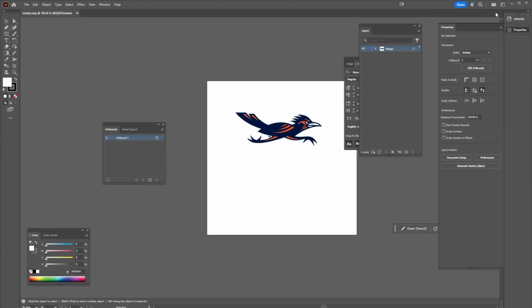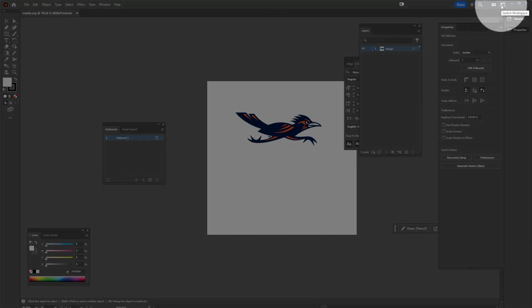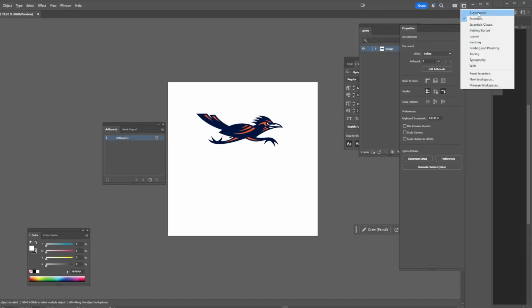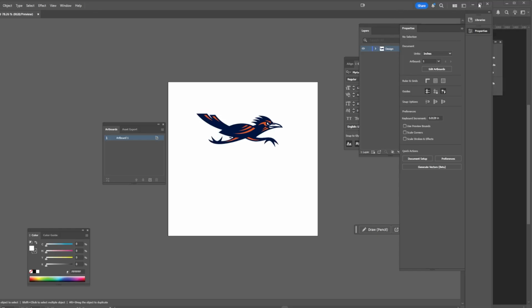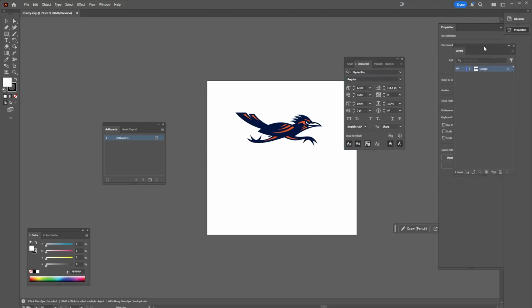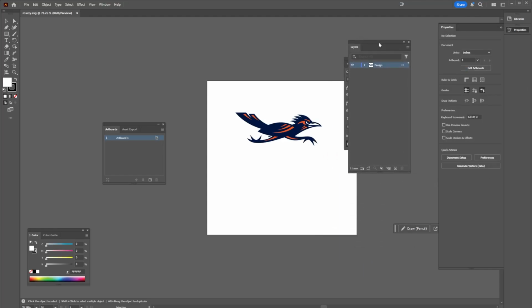Illustrator's almost the same, right up here in the corner. If I drag that over again so we can see it, I don't want that to cut off on my capture. We can see that we have several different options here and that we can modify this to be the proper workspace for you. Now, just like before, I have broken my pieces off. I like to have those separate so I can move them around. But again, if you like those attached, you can always drag them back over here and attach them to the side.